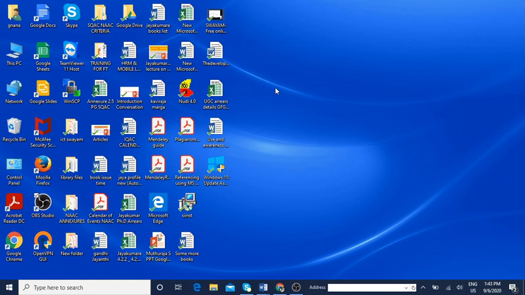Fine. So in the last class children, you had seen what is an operating system. What's the desktop? So what you are seeing, the screen, the blue screen, that's the desktop. Fine. And you can see n number of icons here like networks, Google Sites, Recycle Bin, Google Chrome. These are the icons. Then start button. Can you see the start button? Yes, very good. Taskbar, bottom strip of the desktop screen.